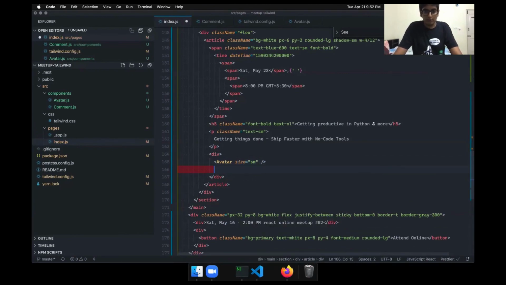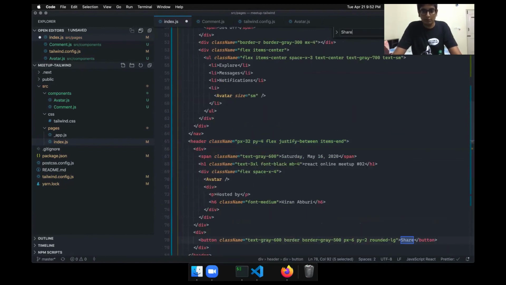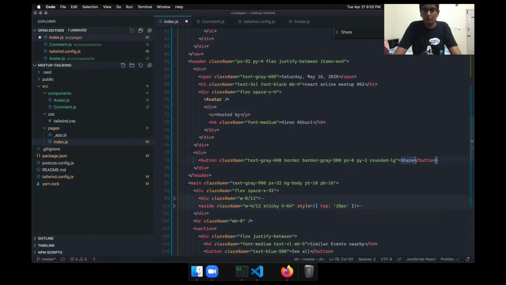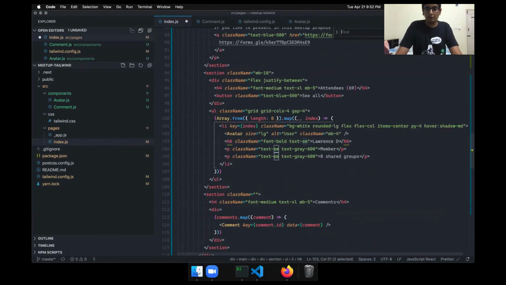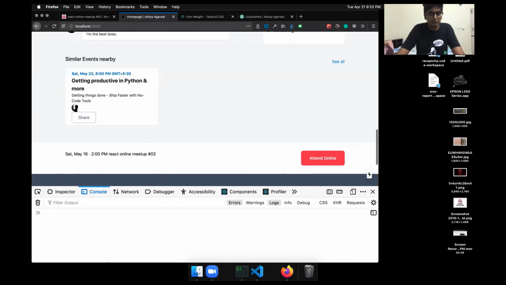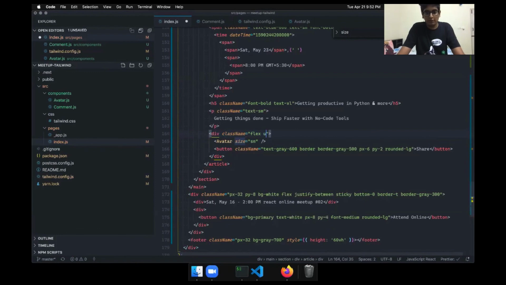And then there's a button. So let's just copy the share button. And it should be classed flex, justify between.